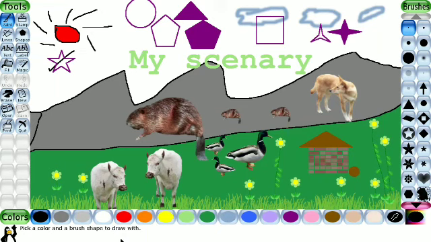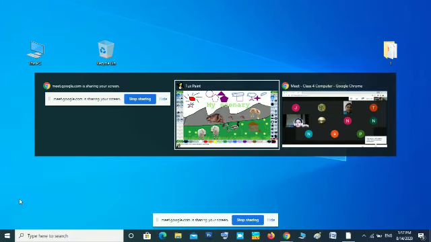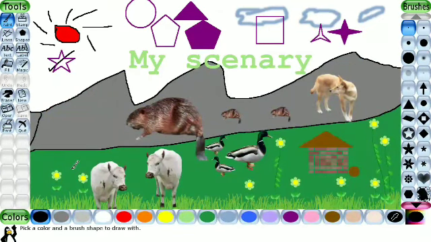It is very easy to do in TextPaint. It is not like MS Paint. MS Paint you learned last year. MS Paint is somewhat difficult to do. Okay, but this TextPaint is very easy. Almost all tools are readily available in the application.